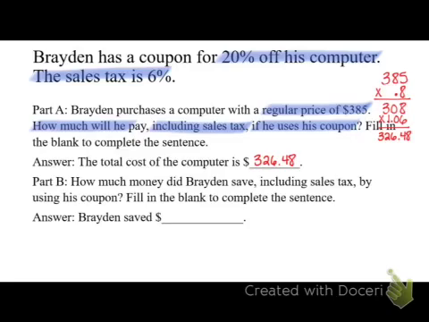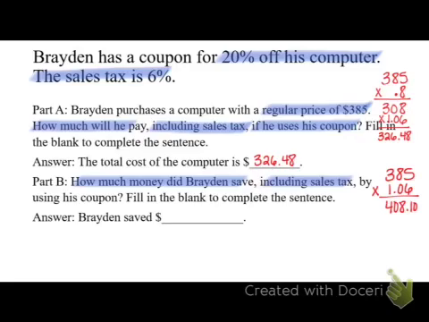We want to know how much money Braden's going to save if we're including sales tax by using his 20% off coupon. So you have to figure out what the price of the computer would have been if he did not get that 20% off, including sales tax. So $385. Again, with sales tax, you're going to pay 100% of that price and then a percentage more, which in this case is 6%. So 1.06. So 385 times 1.06 means that the price of that computer would normally be